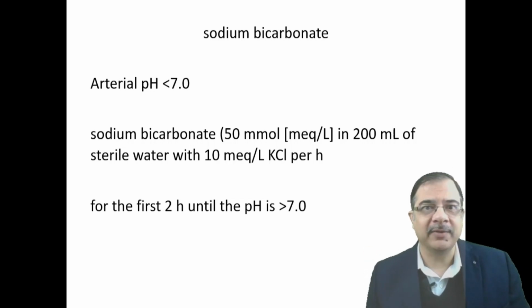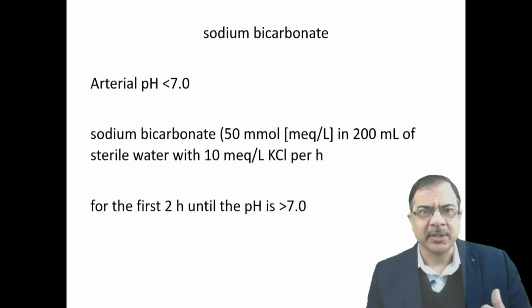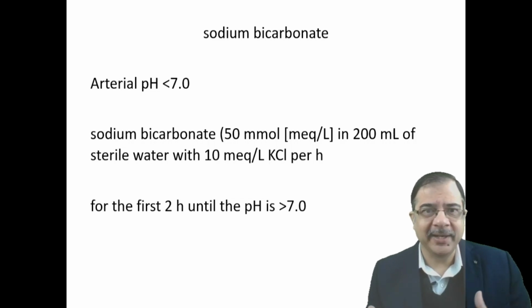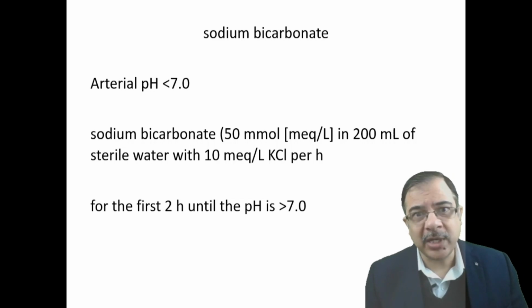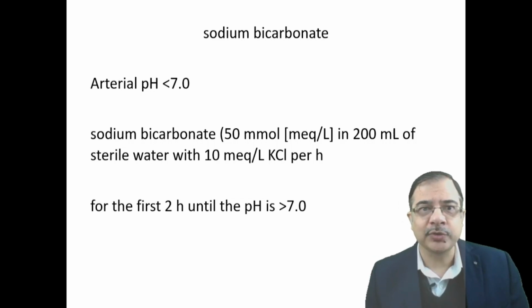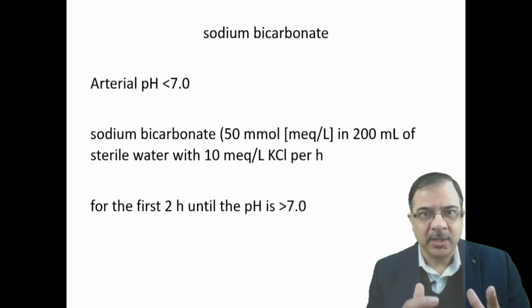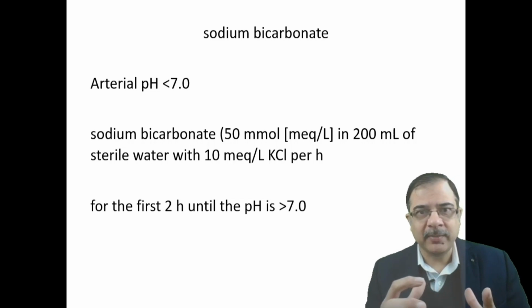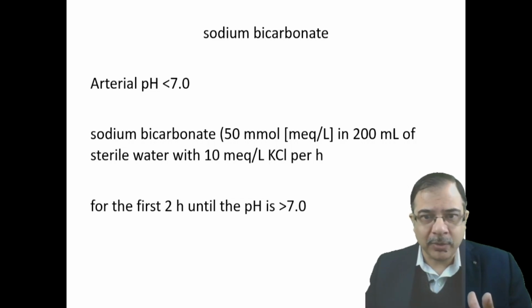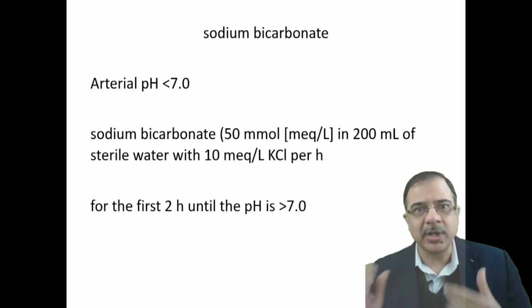So why is it not given so frequently? The reason being, these ketone bodies are in the periphery. So when treatment is being given for DKA, those ketone bodies, acetoacetate and beta hydroxybutyrate, will come to the liver and convert into bicarbonate. So there is already an endogenous source of bicarbonate which is available. So when the pH reaches 7, automatically the pH will become more than 7.3 because of the conversion of these ketones into bicarbonate.